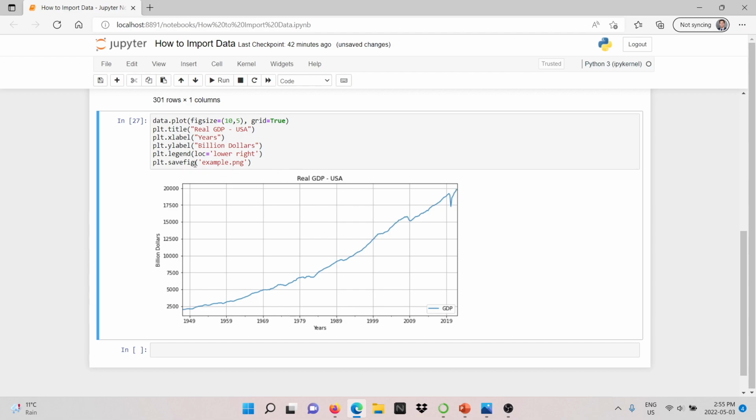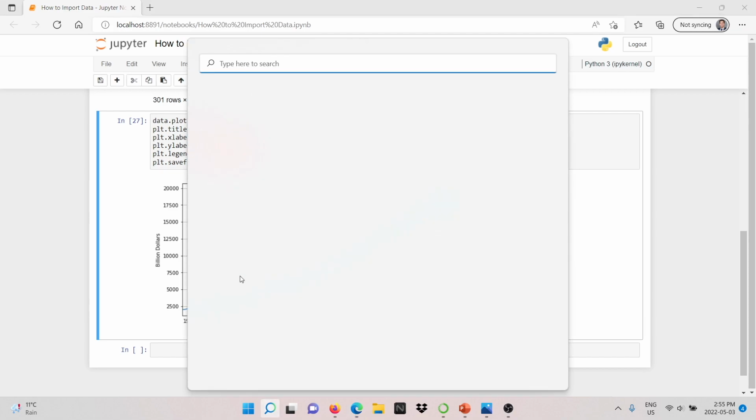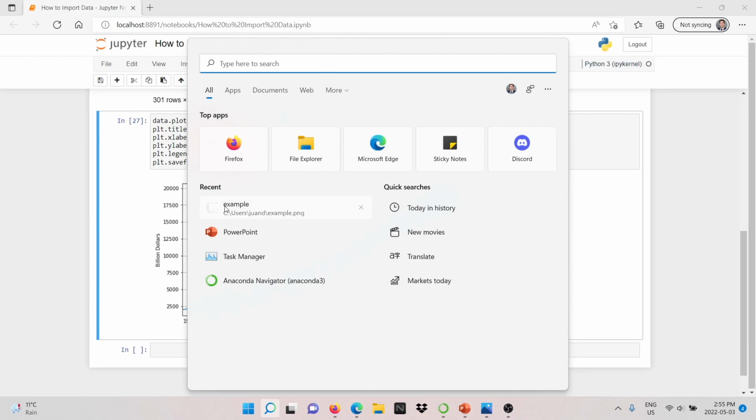This image should have saved in the directory where you have located your Anaconda, but I'm going to go here into the search, and I should have it here. On the top it is appearing already for me, but you can search for it in your documents easily. You're going to open this, and you're going to see the image, how it exported.